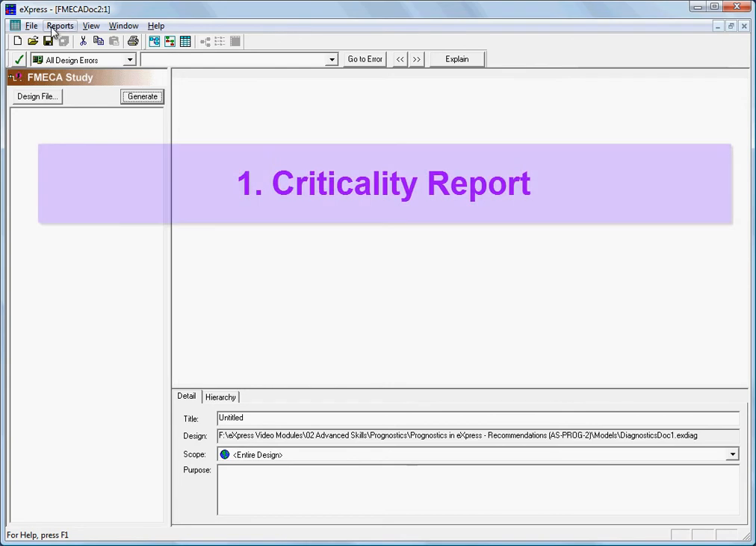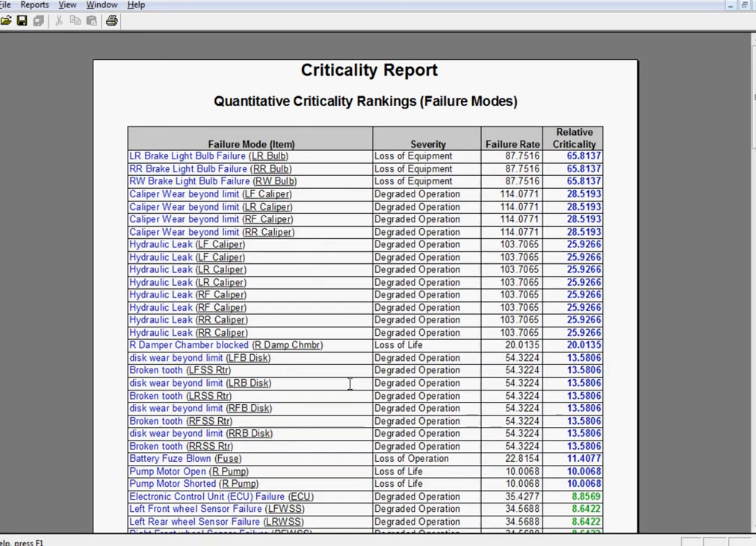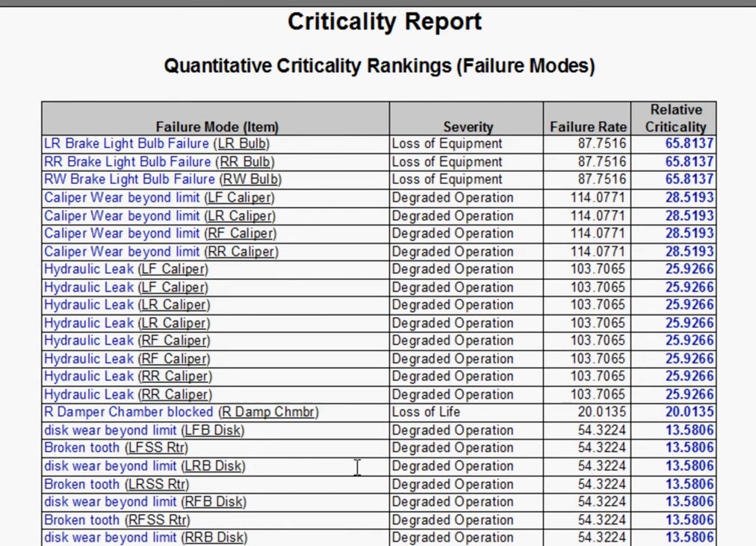The eXpress Criticality Report is invoked by selecting Criticality from the Reports menu within a Famica study. Since for the purposes of prognostic candidacy we're interested in the criticality of each individual failure mode, we will include only quantitative failure mode-based statistics in this report. When the criticality report is run with these settings, the resulting table lists all failure modes in the system, ranked